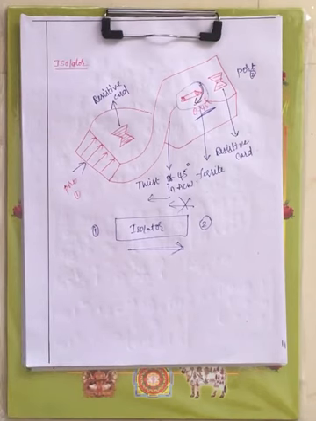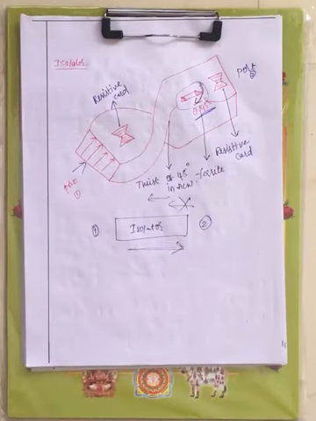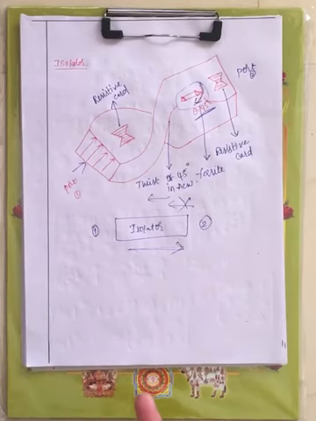Now let us see it. Here we are using the resistive card, and let us see its property. The resistive card will allow the signal to pass through it only if it is perpendicular to it. Only if the plane of polarization is perpendicular to it will it allow the signal to pass through. That is the property of the resistive card.